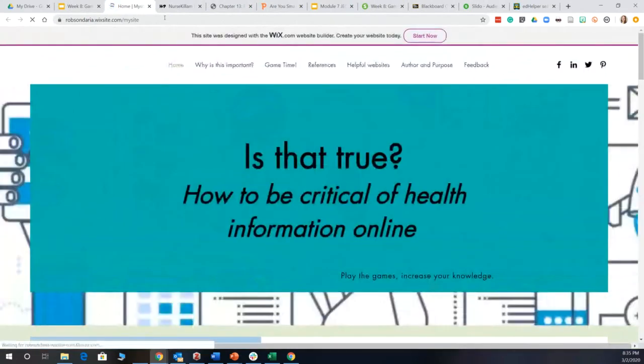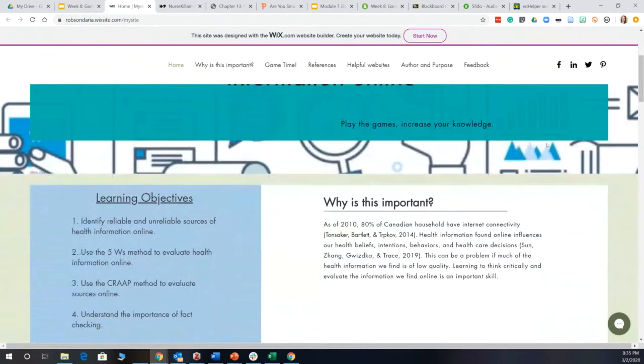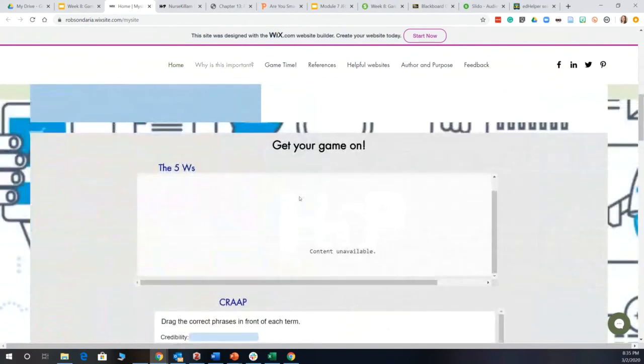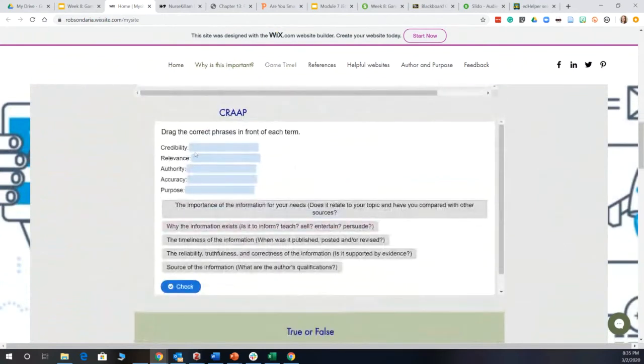Now, this is for a different course, but a student doing a gamification type of assignment here as well created a website, and it's just a one-page website. This was an informatics class, so that's probably part of the reason why they decided to choose a website. They have their learning objectives here, as well as an introduction. Unfortunately, this piece broke, but what they had done is they had embedded several different H5P elements